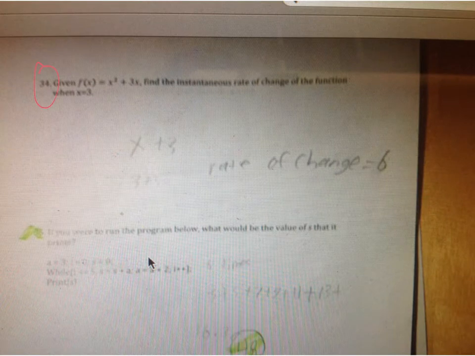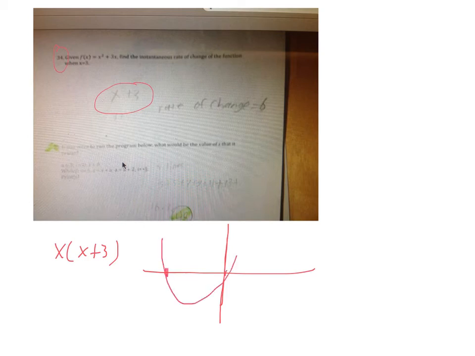Okay, for this problem, this is a challenging problem, but you got down to an expression, and I didn't see any work for this, so I'm not really sure how you got here. This is something that really is just about slope, so maybe just as a little bit of help, we could say, just to get a sense of what this function looks like, it's a quadratic, and if we were to choose